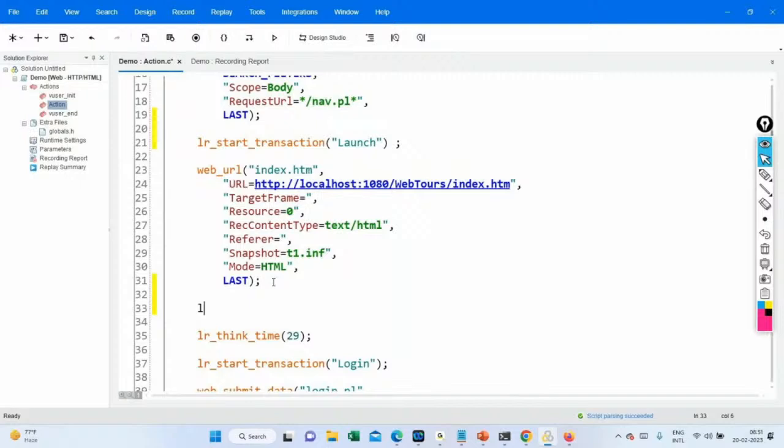Why do we need to give LR start transaction and LR end transaction? See, this is the code related to launch, this is the code related to login, and this is the code related to logout. All of these are written within start transaction and end transaction. Why? If you don't write them, it will not calculate how much time it has taken to launch, how much time it has taken to